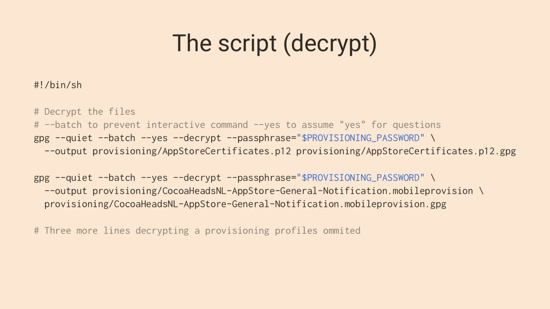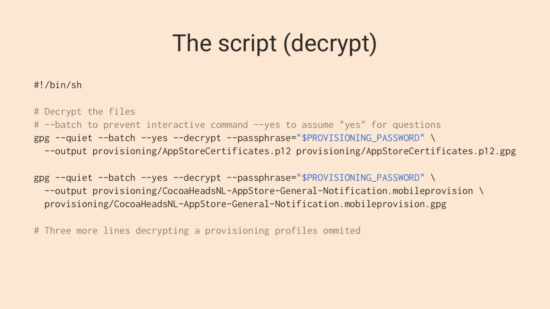Can I ask a question, or you want to? Yeah, no, just ask away. This GPG command, does it show up in your process list with your provisioning password? No, it's in the bash script. This is the contents of the script. As you see, there's a hash bang at the top. It's a shell script that you execute. Yeah, but then the GPG is visible in your process list, which is executing. Standard Unix. Yeah, but these executions are not visible in the log file of GitHub. Oh, okay. I will show that later because I understand your concern.